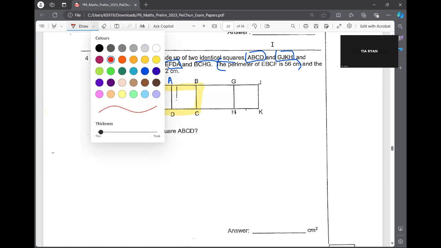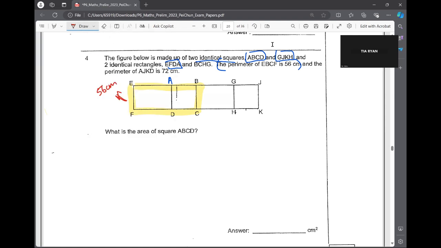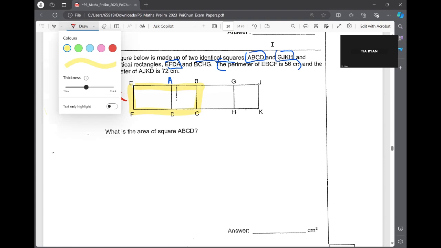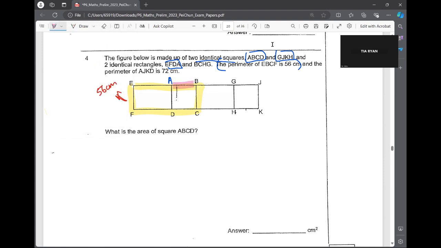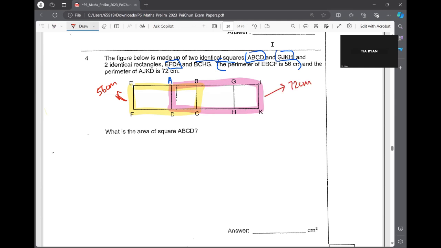And then we know that the perimeter of AJKD over here is 72 cm. We do notice that there is an overlapping part over here. Agree with me? So when there's an overlapping part, we know that we somehow have to use this to solve the question. But what do we do? To make it simpler, technically we can